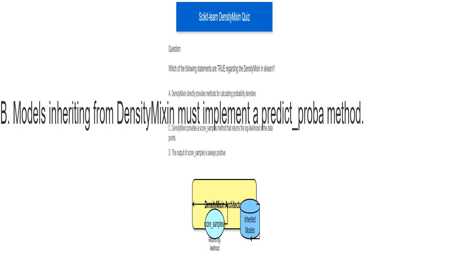Here, I'm examining whether classes that inherit from DensityMixin are required to have a predict_proba method. predict_proba is commonly used to predict probabilities, but is it a mandatory part of inheriting from DensityMixin? I'm checking if